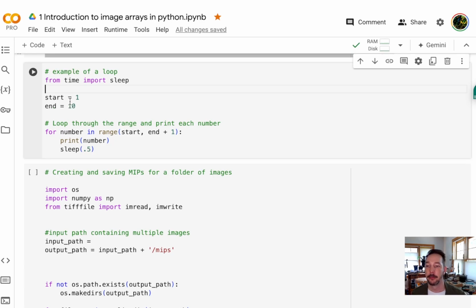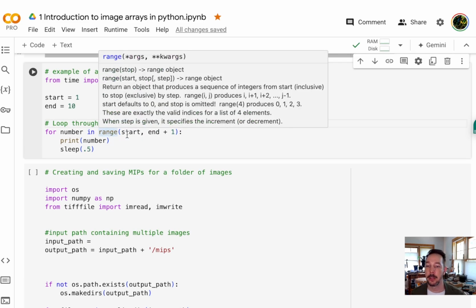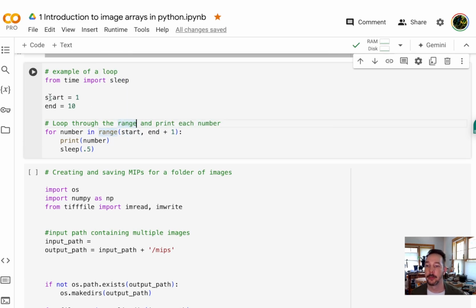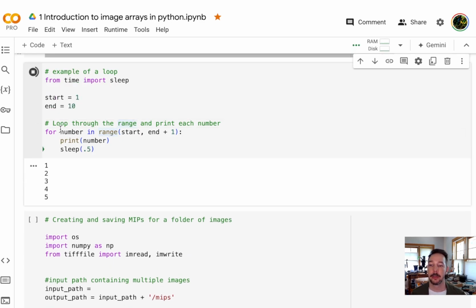This could be files in a folder. And so here we're just looping through that series of numbers. So for the number in the range, starting and ending, so start of 1, end, this is the last value plus 1, do X. And so in our case, we can just print the number, but we could very easily change print